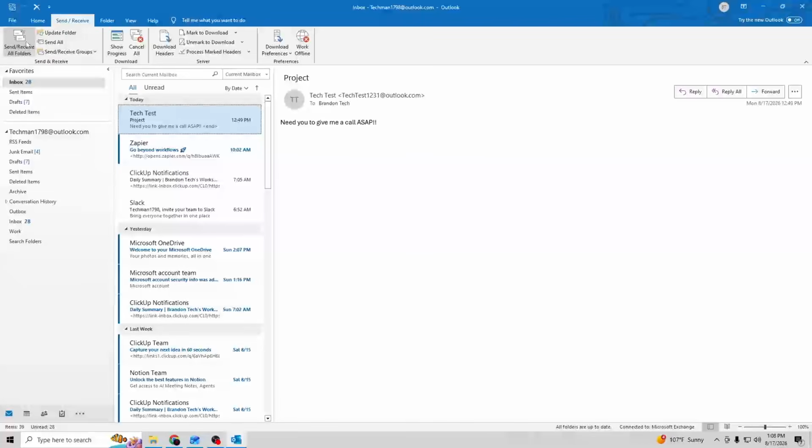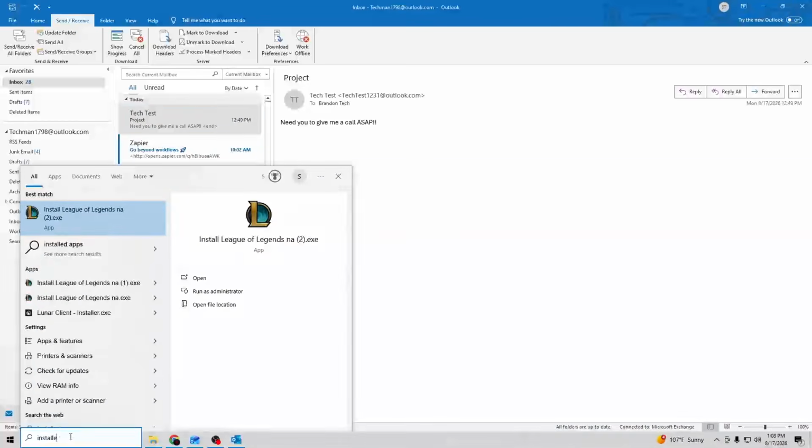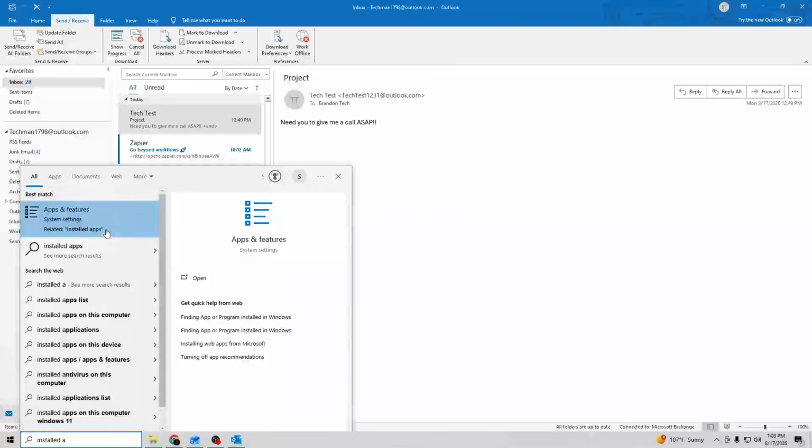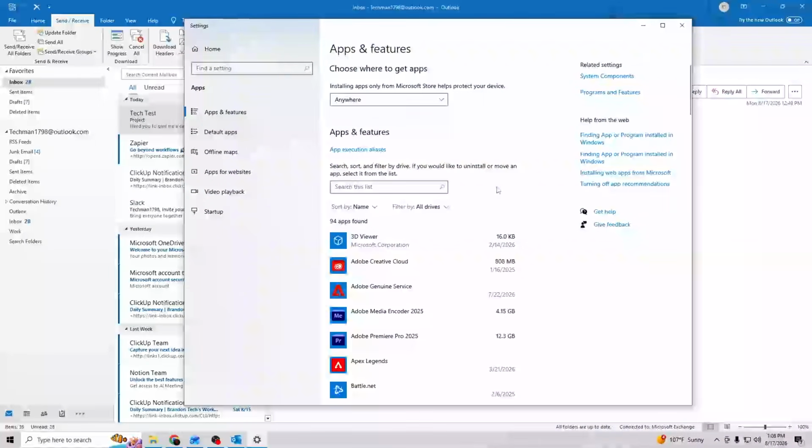Outlook application. Just go here to search, then type in installed applications. It's just this one, installed apps. We click on that, and your settings for your Windows will open. Then, right here in the search bar, we can just search for Outlook. From there, click the three dots right here, click Advanced Options, and then we need to close Outlook again. And from here, we have the Repair and Reset button available. That's how you guys can fix exclamation marks in